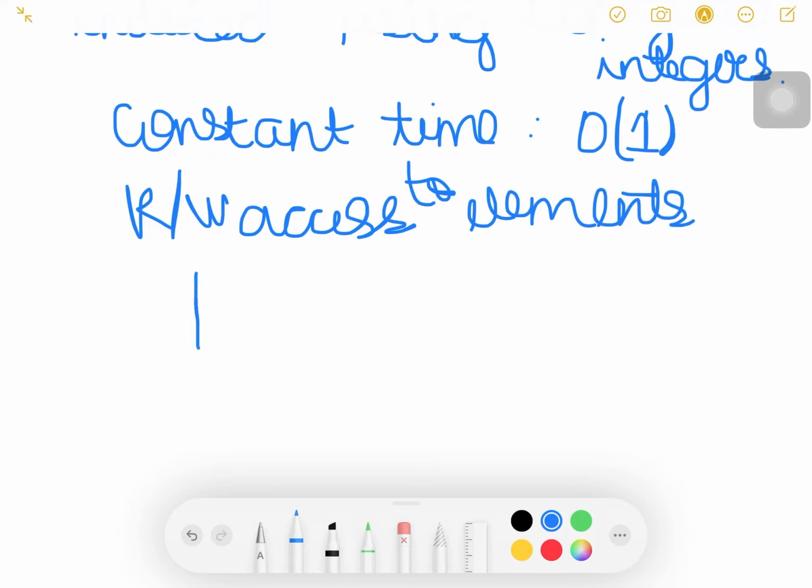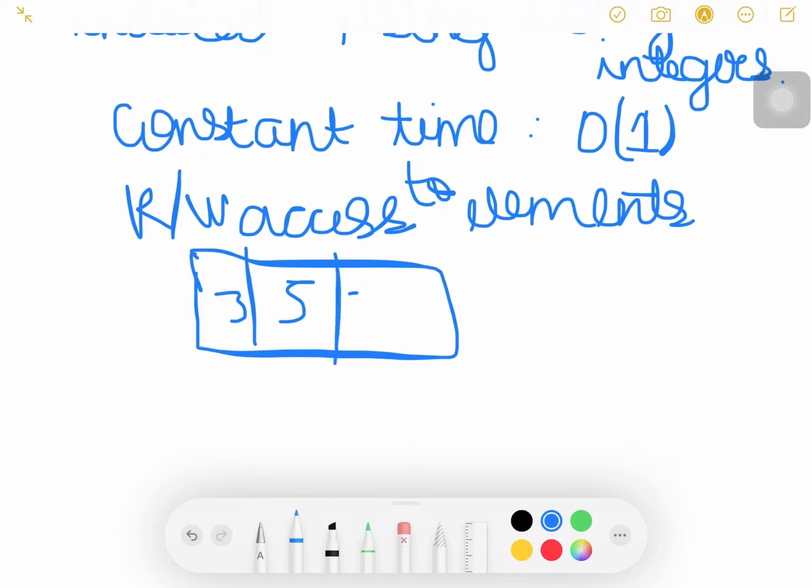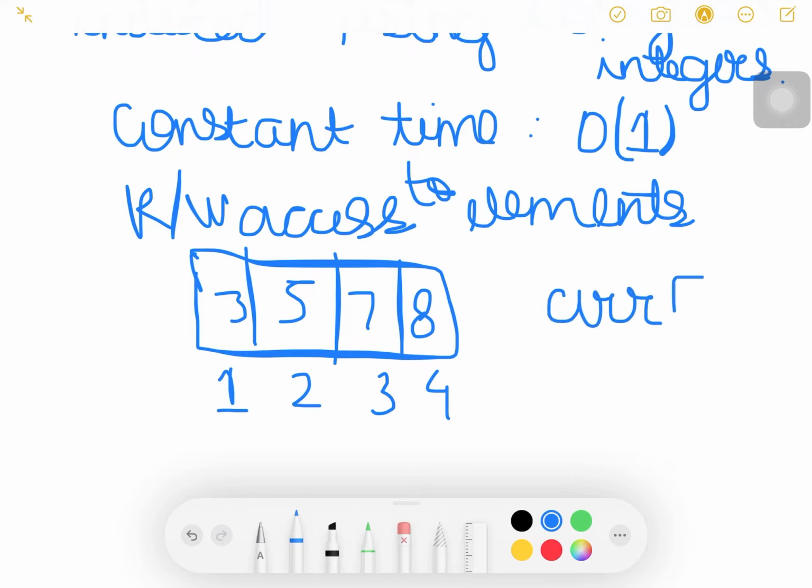For example, say the array is 3, 5, 7 and 8, and the array is 1 based, that is the first index is 1, 2, 3, 4. If someone asks us what is at index 3, we can return ARR of 3 is equal to 7. So this gives us constant time access.